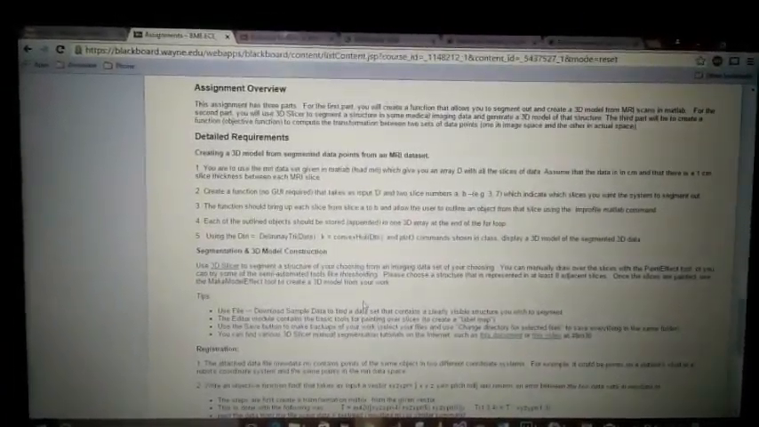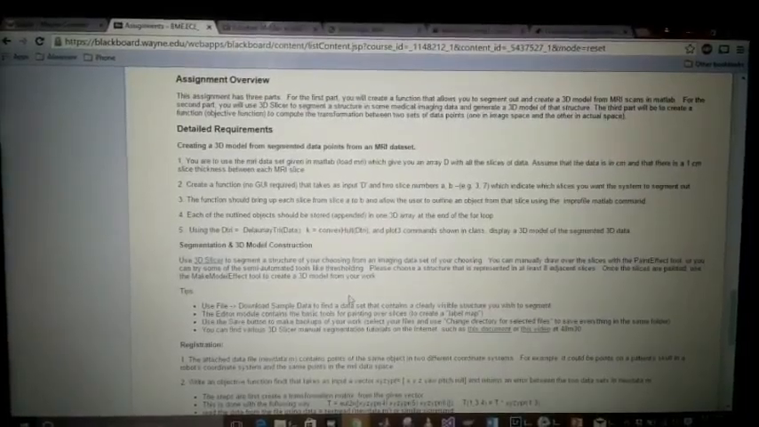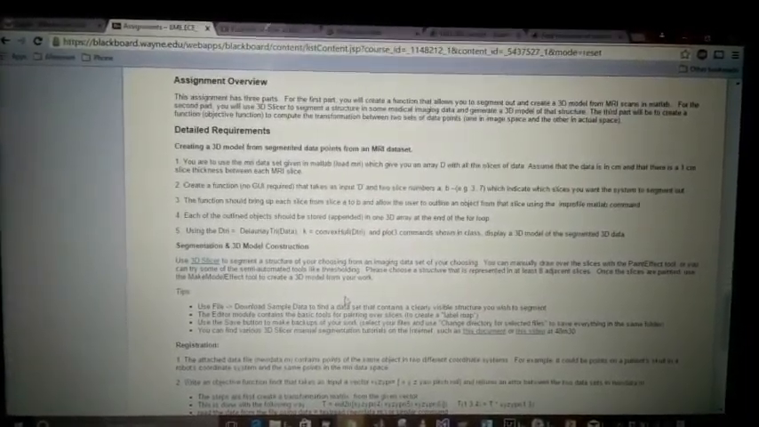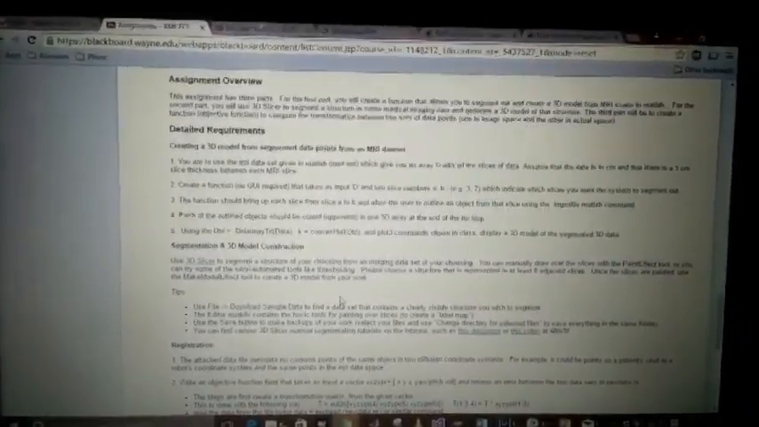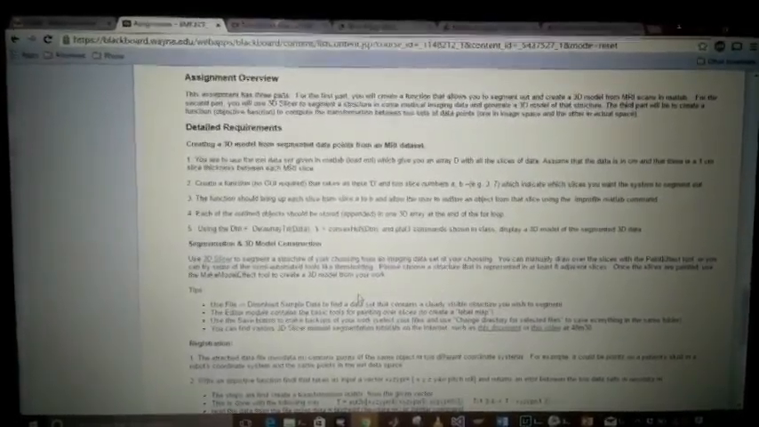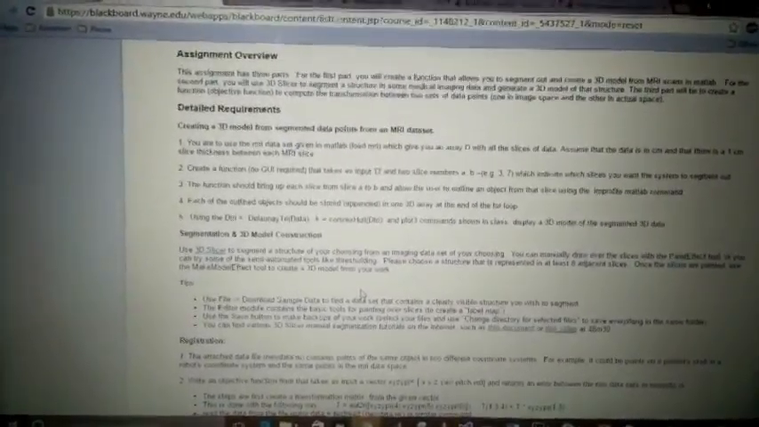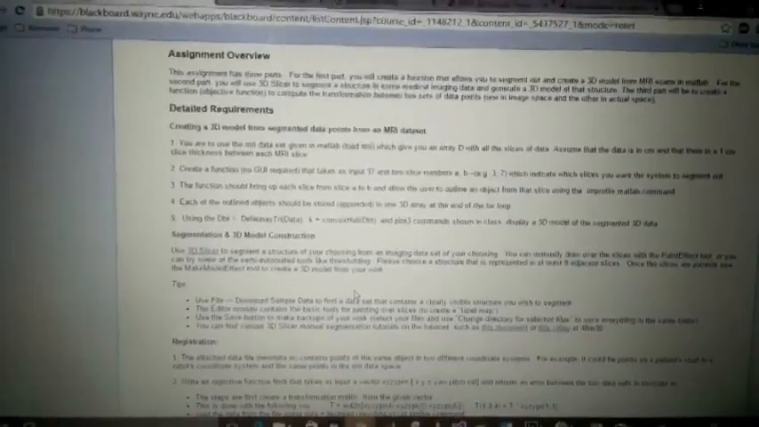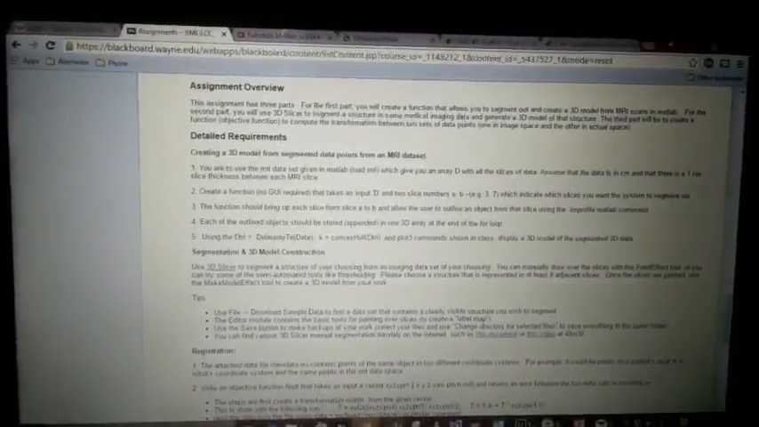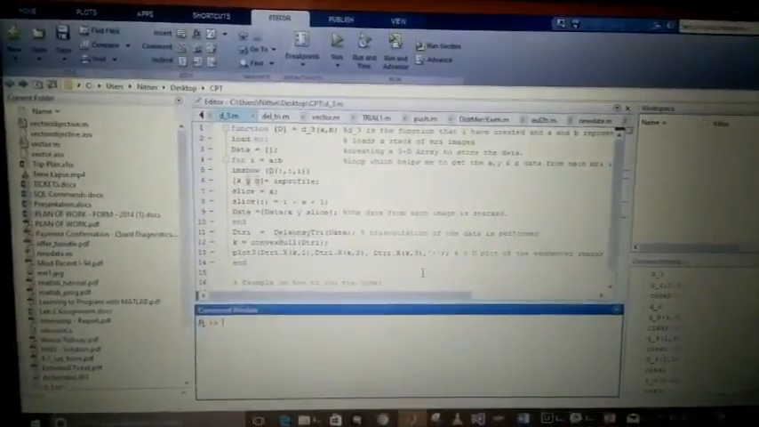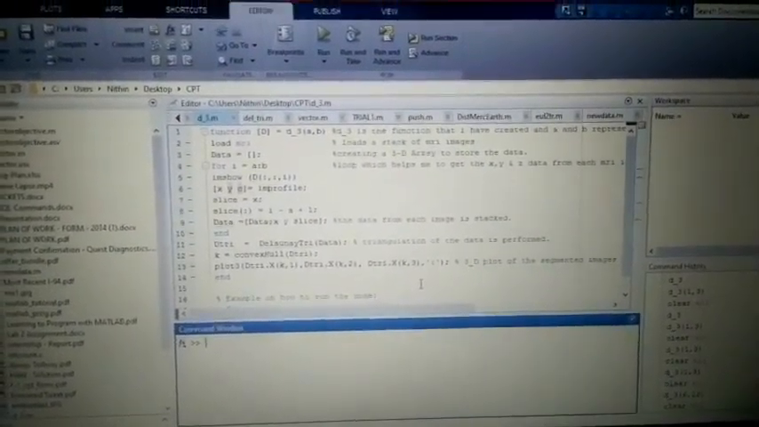Hi, I'm Nitin Kashyap, and today I'll be demonstrating assignment 3 on how to run these programs and create these models. The first part of assignment 3 is creating a 3D model from segmented data points from an MRI dataset. For this, I have written my own function, and this is the function that I have written,